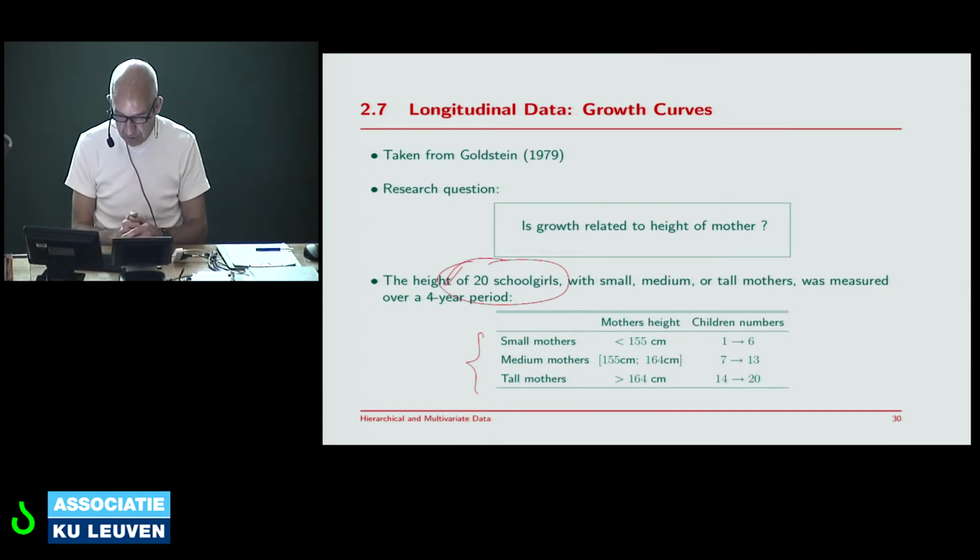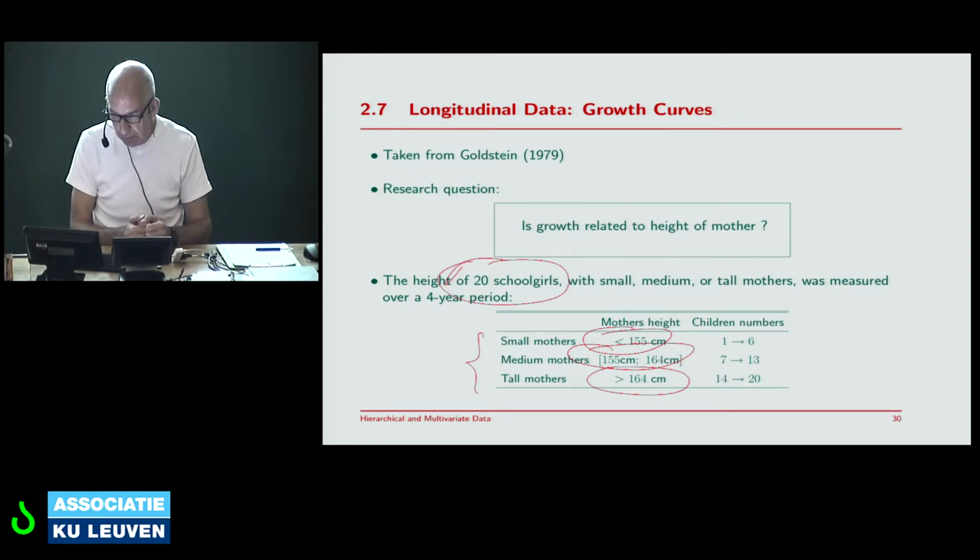It's all girls, so there is no gender effect. But there is potentially an effect of mother group. And that mother group is defined as mother's body length, then discretized or trichotomized into 3 response categories. So here they are. The middle group is 155 to 164 centimeters inclusive. And then the other groups, 1 and 3, are the mothers that are shorter than that versus mothers that are taller than that. The groups are roughly of equal